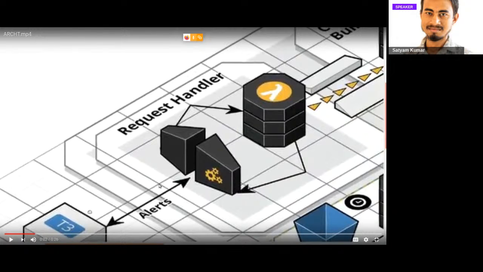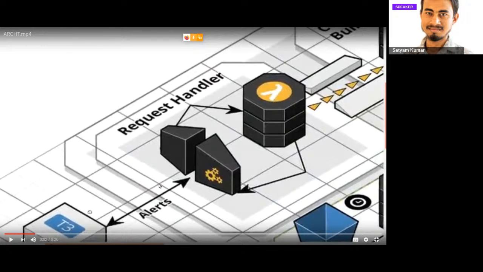It will validate the input which we have received in the form of an event, or the request which any service has made to our particular alerting system. The request handler will validate the payload structure. If the payload structure is up to the mark, it will mark the request as processed and send back the response to whichever model has pinged it, as status 200. So the model which has pinged us knows that the request has reached our central alerting system. Now it is the job of the central alerting system to process it how we want. Their task has been done.